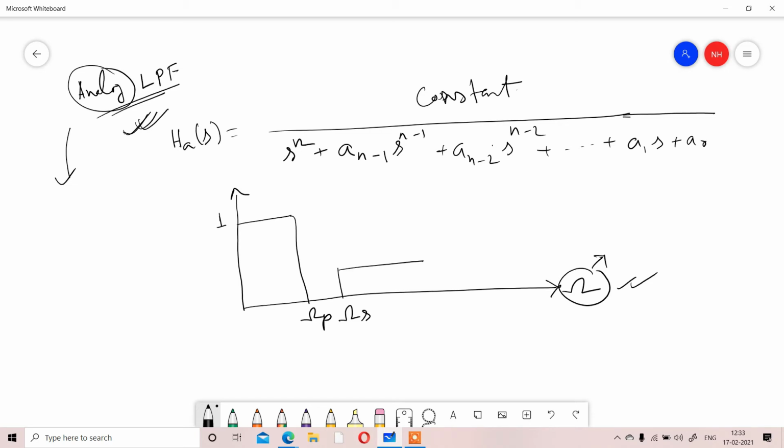For digital, or simply discrete, we will consider the small omega. So for this case, that will be one parameter, the pass band attenuation, and that will be another parameter, the stop band attenuation. Pass band attenuation means how much flickering or how much range we are going to pass. If the filter is like that,